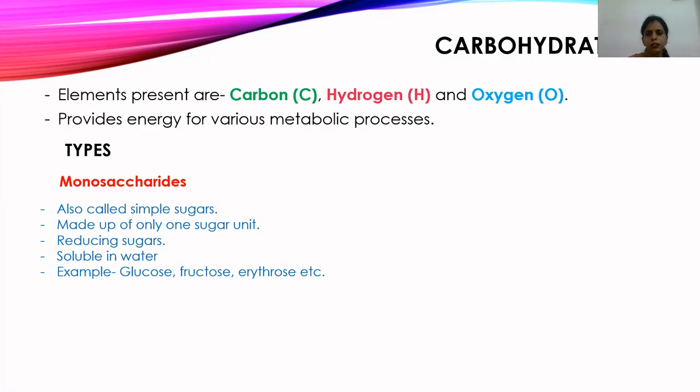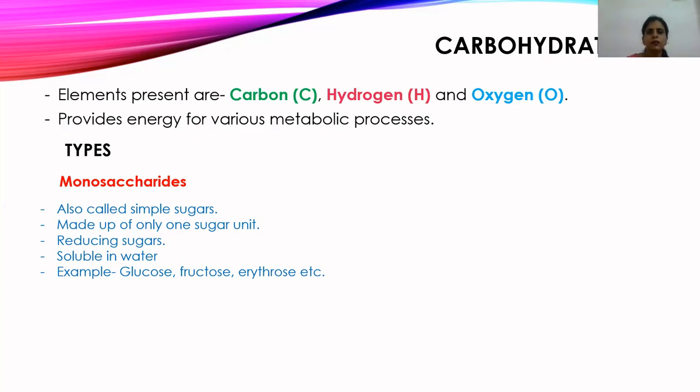You know that plants prepare, in photosynthesis, a very simple sugar or a very simple carbohydrate called glucose, right? And animals also, whatever food we eat, whatever carbohydrate is there in that food, finally gets digested into a simple sugar, that is glucose. You have studied about this in your lower grades, that is grade 7th, in the digestion unit. So carbohydrates finally get digested into glucose. Glucose is a very simple sugar.